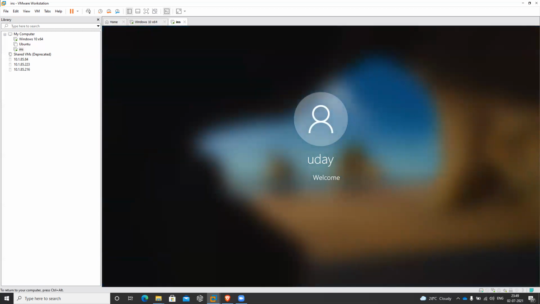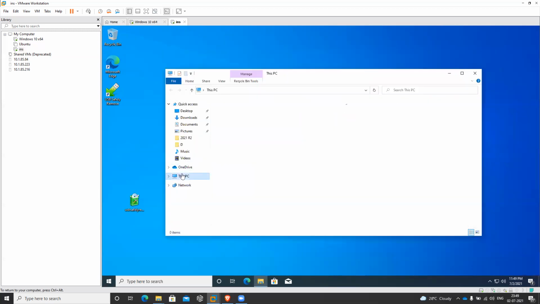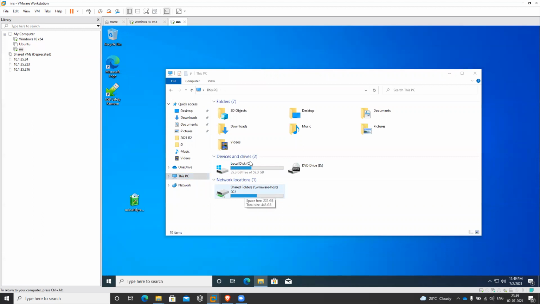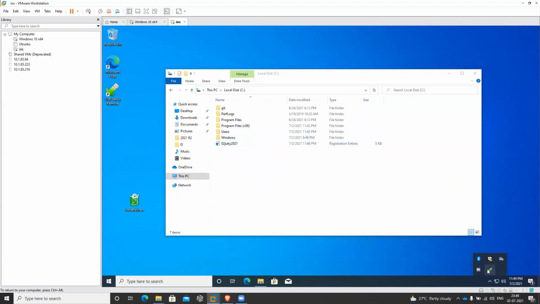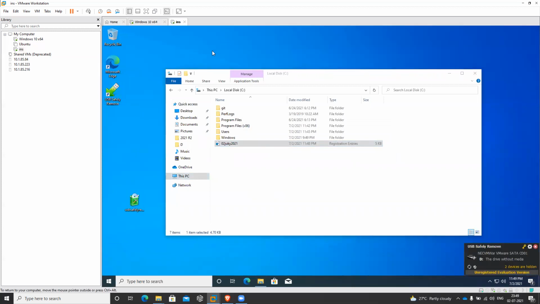For users who can't create a local user on their machine to generate this registry every 30 days, they can create it in a VM like this, or create it on some other machine and simply copy it here. So let me exit this and apply this. Now let me launch again and see whether it shows 30 days or not.